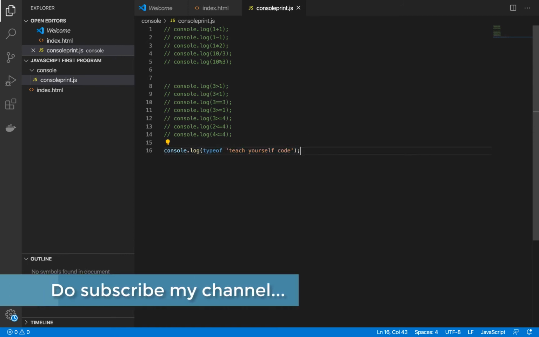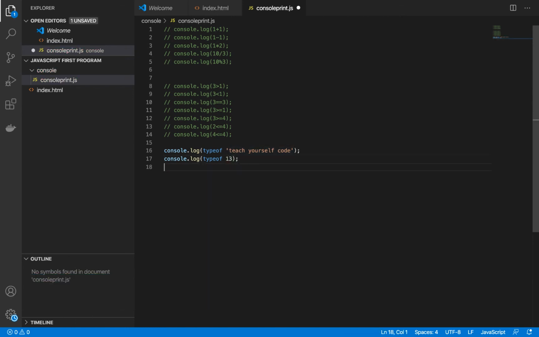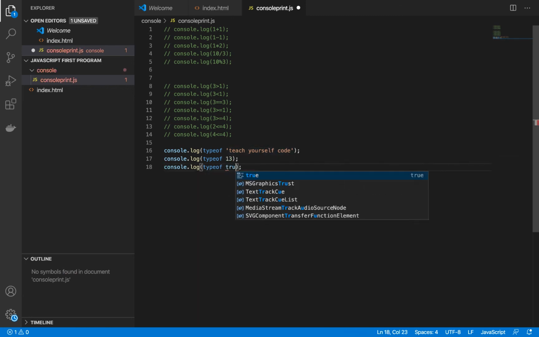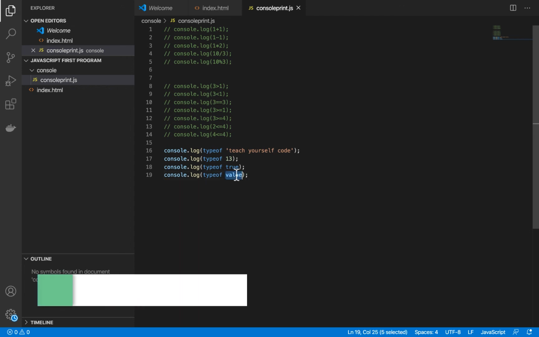Similar thing if I do with an integer, I'll just quickly write it over here, save it. I'll do the same thing with one boolean as well. And let's say I am typing with undefined as well. So if I say value, and let me declare this, so it will fail anyways if I'm not doing this.